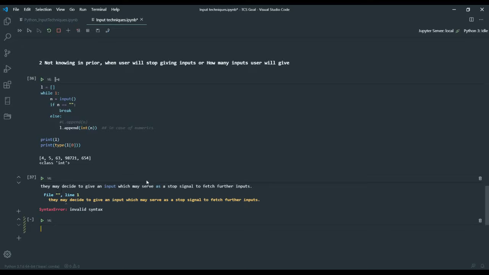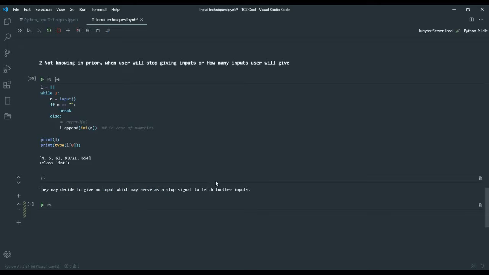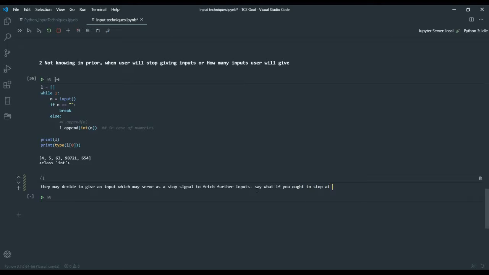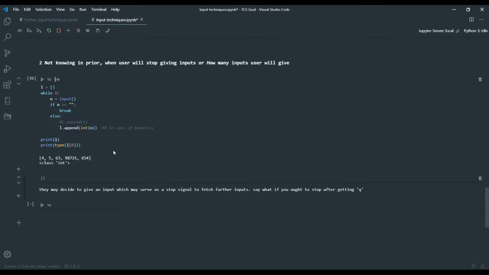What you can do is, as we have given in the above program, empty quotes for n. When there is an empty string in the input, that will be taken as a break, considered as enter, and we will be giving break. So instead of that, you will just try to use the given letter, and there's a catch here as well.